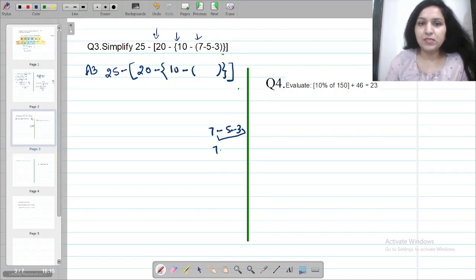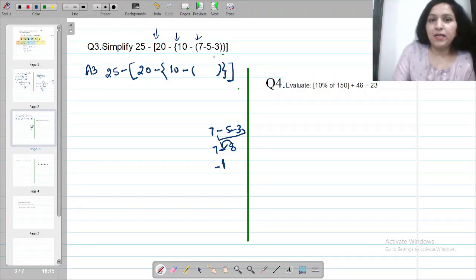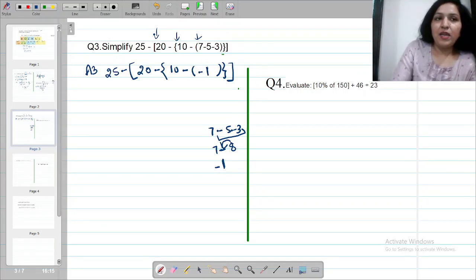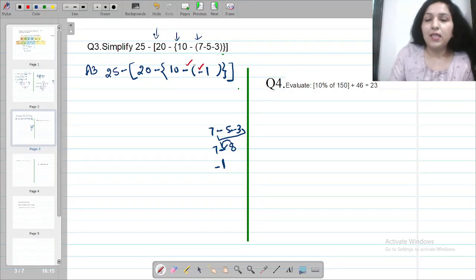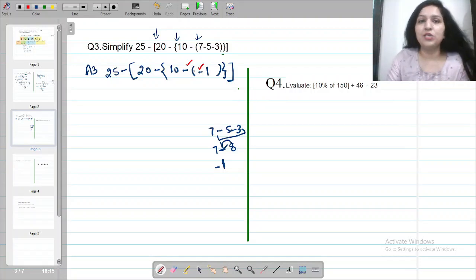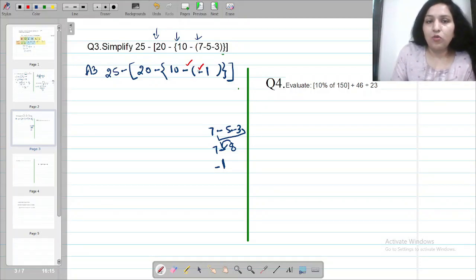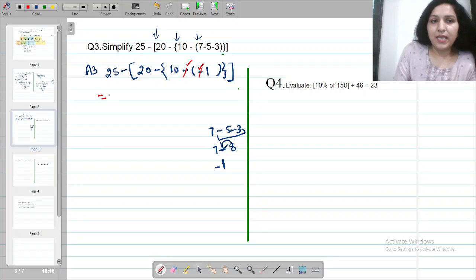So this becomes 7 minus 8. One positive, one negative. You need to take the difference. Sign of the bigger number is negative. Answer is minus 1. Correct? So you need to put a minus 1 here. I told you in the previous video, when you have to open the bracket and there is 1 minus inside and 1 minus outside, they both get vanished. ये दोनों cancel हो जाते. ठीक है. तो जब हम ये round bracket open करेंगे ना, this minus and this minus will be cancelled and they will be converted to an addition. So have a look. Now the second part of this question becomes something like this.